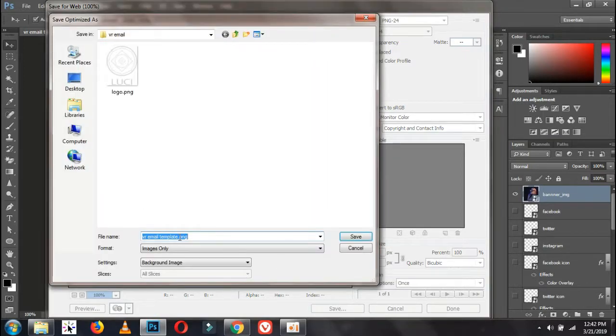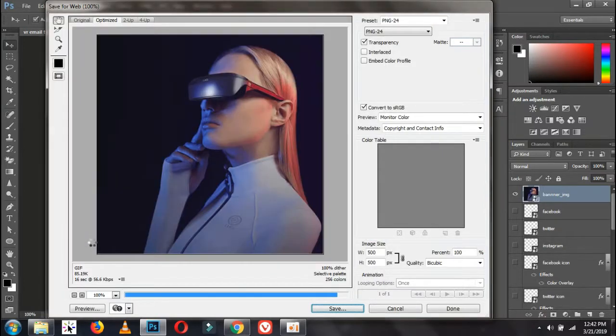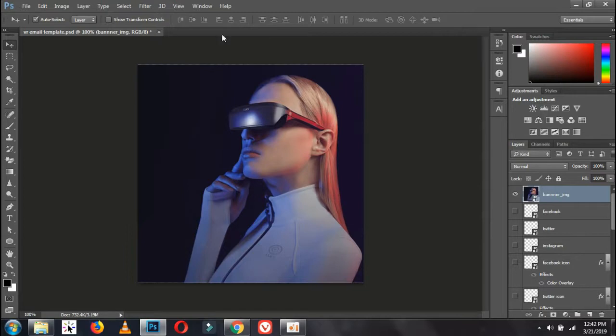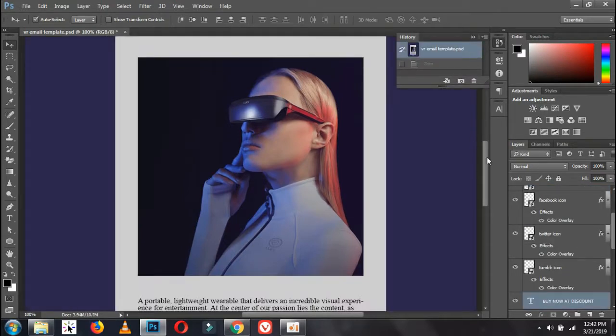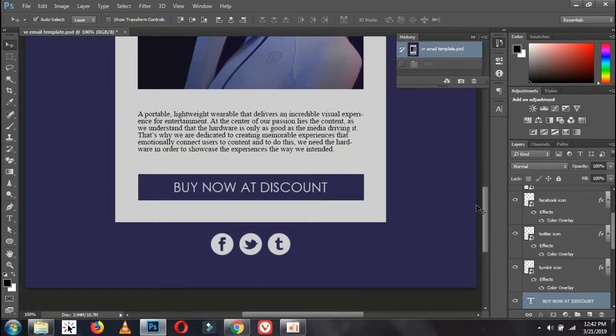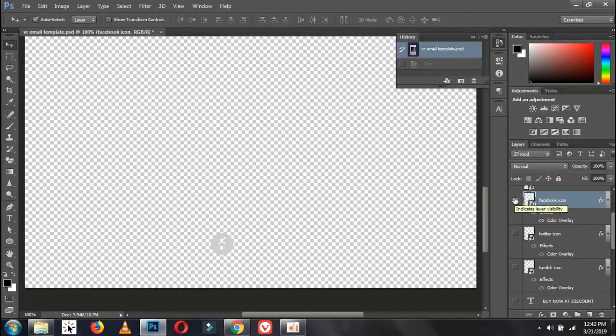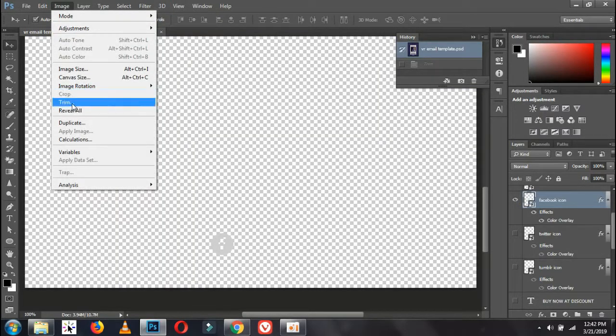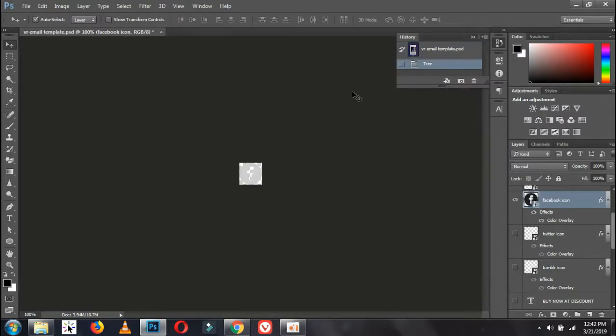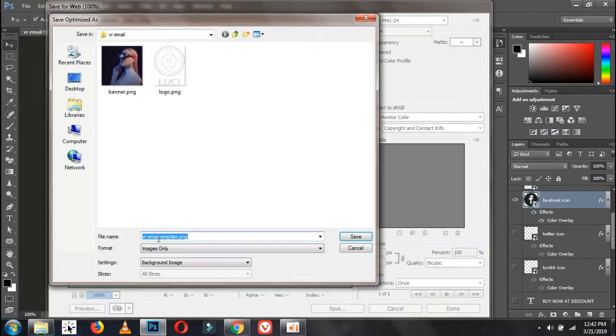save, name it as banner, then go back to the strip panel. I'm going to extract these files also. Image. Actually those are repeated steps you have already seen. I'm going to name it as Facebook icon,